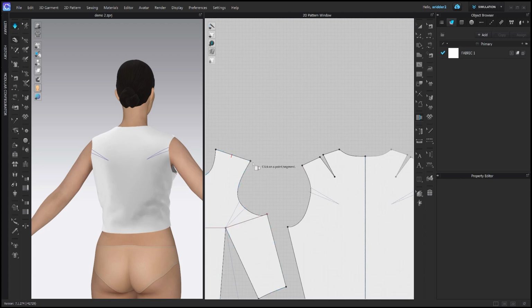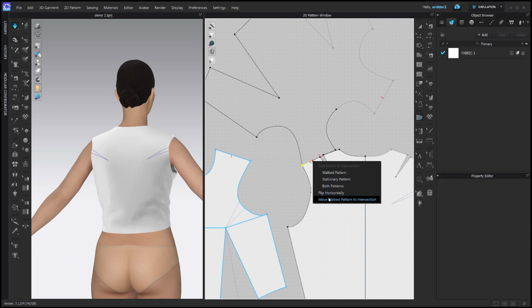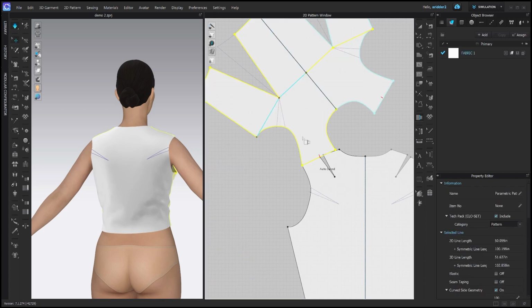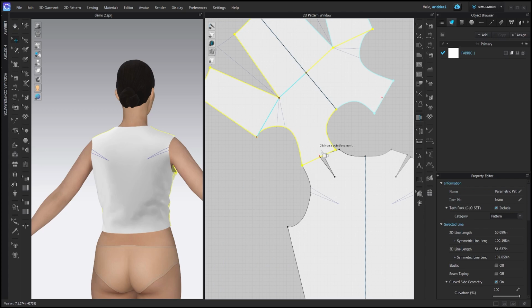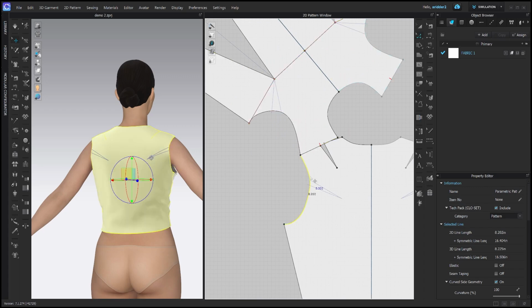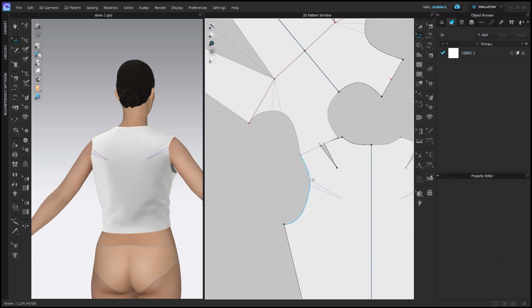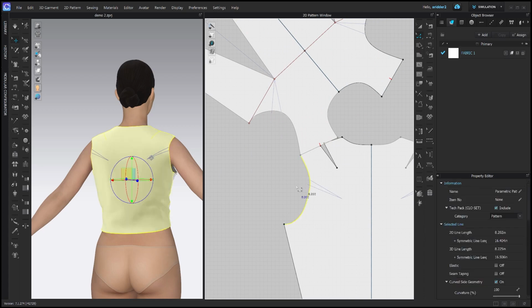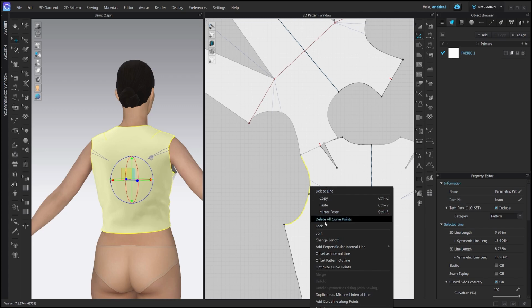I'm going to actually press enter, and do this again. While it's there, I can right click and say move walked pattern to intersection, and that will give me an opportunity to address this armseye drama here. Let's see if I can edit this curve. I clicked the edit pattern tool, and then I clicked on the curve, and no Bezier handles showed up, which tells me that this curve has all these curve points in it that it thinks are optimized,